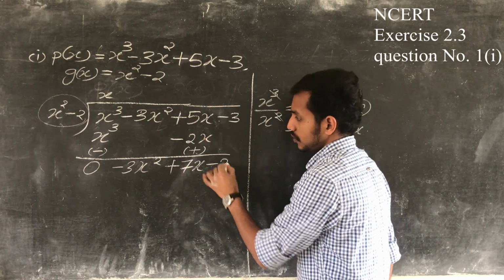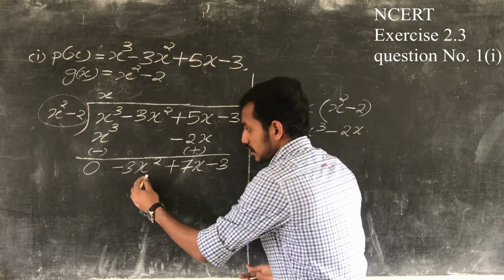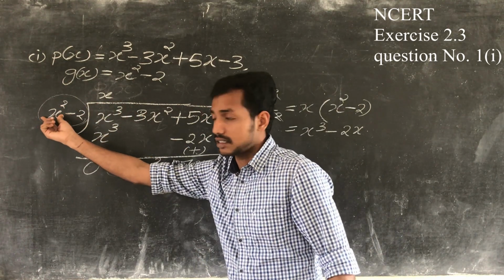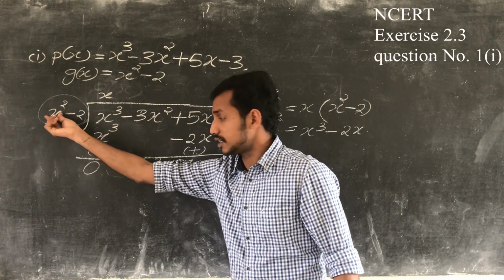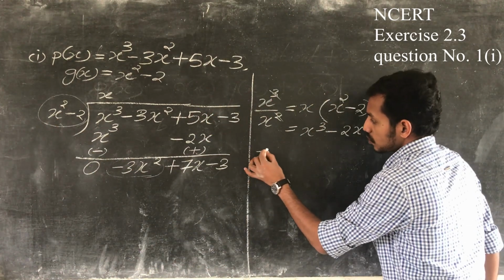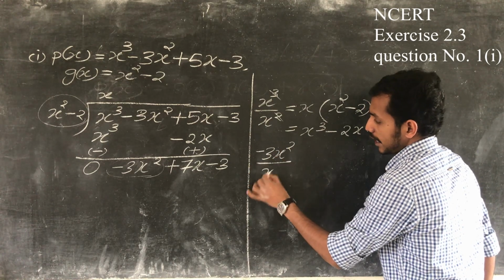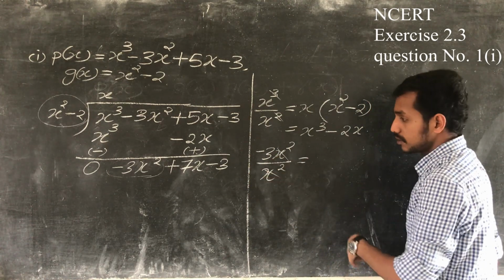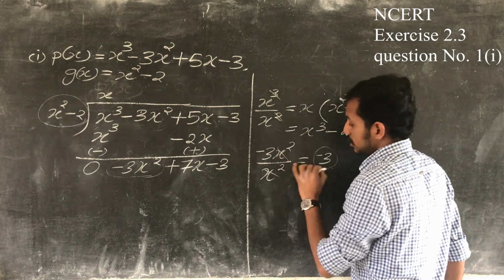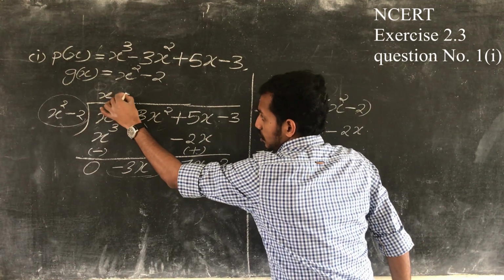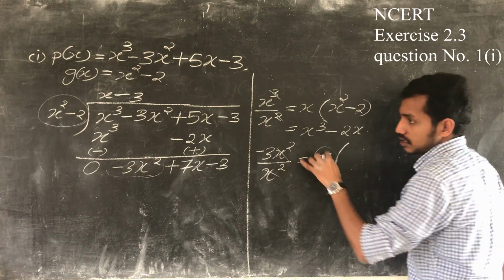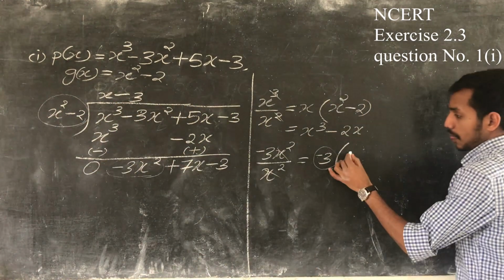Minus 3. Again, this is the term with the highest power. We have to divide this term by the term with the highest power of g of x. That is, you have to divide this minus 3x square by x square. So minus 3x square divided by x square cancelled. You will get the quotient as minus 3. So put this term as the second term for q of x, x minus 3. And multiply this minus 3 with g of x. We will get